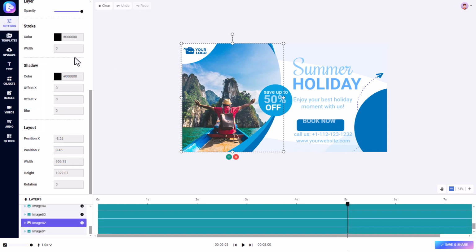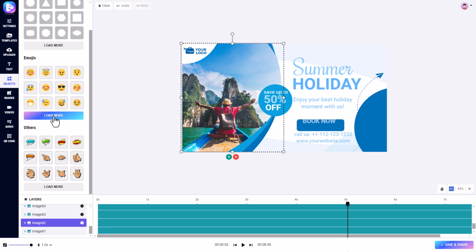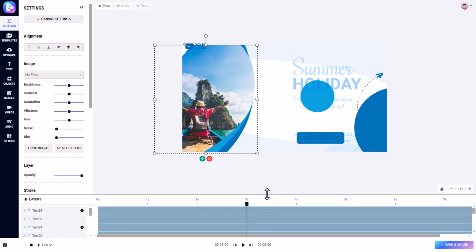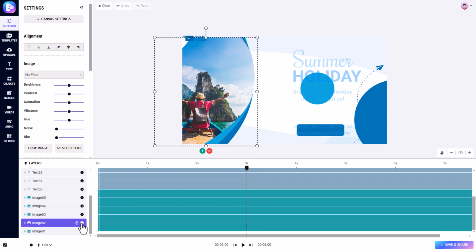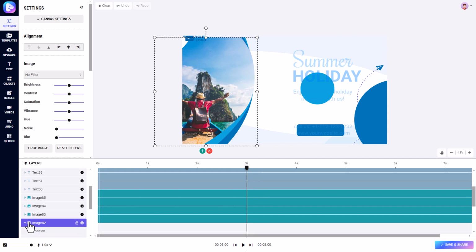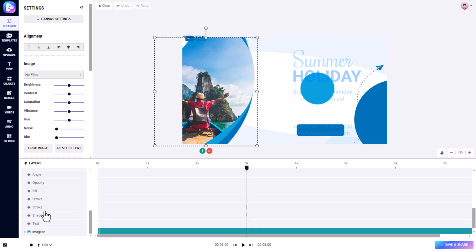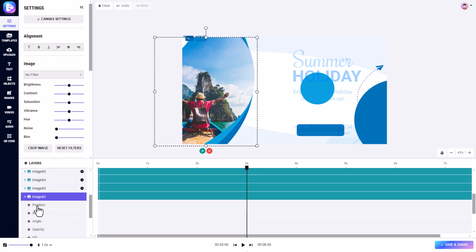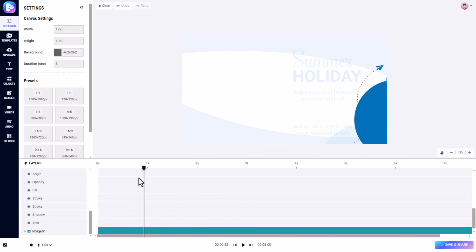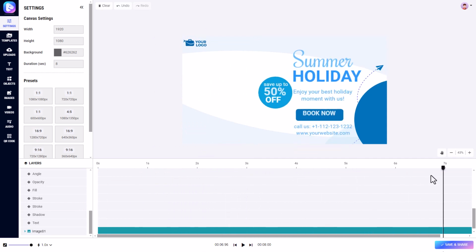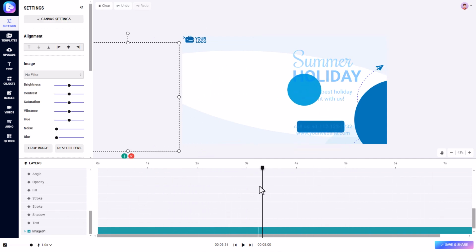So we can pick from all these templates. We can add extra things in, be it QR codes, audio, video, images, objects like a smiley face. And you can edit things in a timeline as well. So if I move that up, we've got all our things in timelines. And if I go over here and I click on this, then I've got all these things I can do. Like I can change the position and the scale, although it doesn't seem to be working particularly well. And now I've clicked on it, I can't really see my image at all.